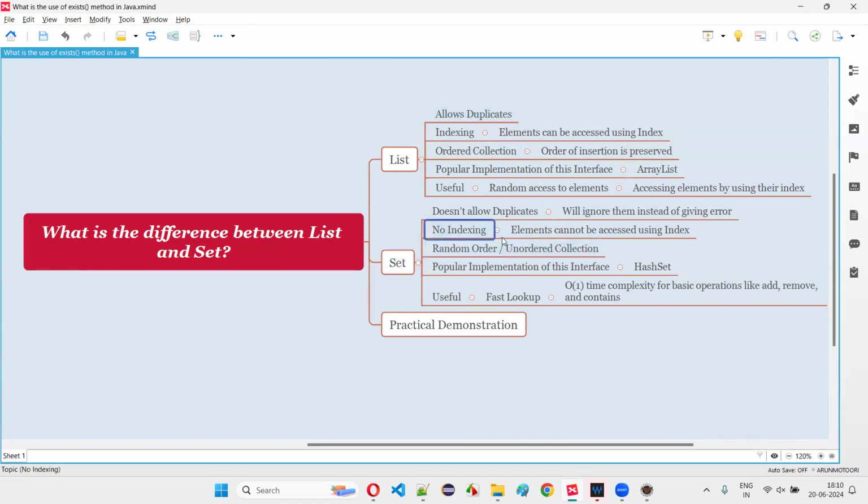But in set, we don't have any indexing concept. Elements cannot be accessed using index here. In set, we cannot access the elements using the index, whereas in list, we can access the elements using their index. And the other important thing that you have to understand about the difference between list and set is